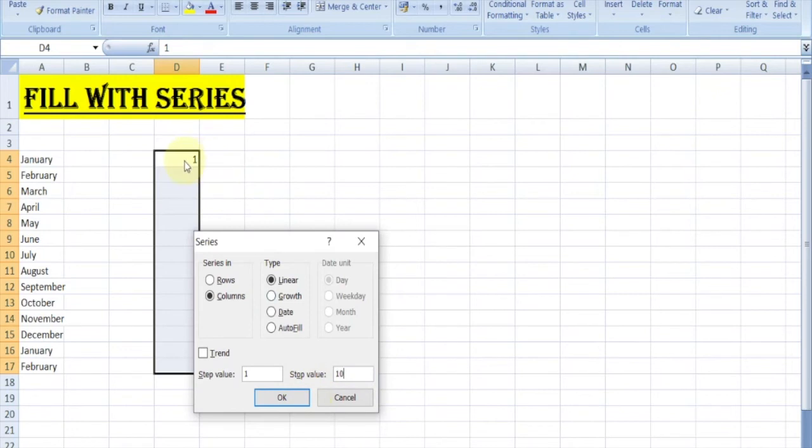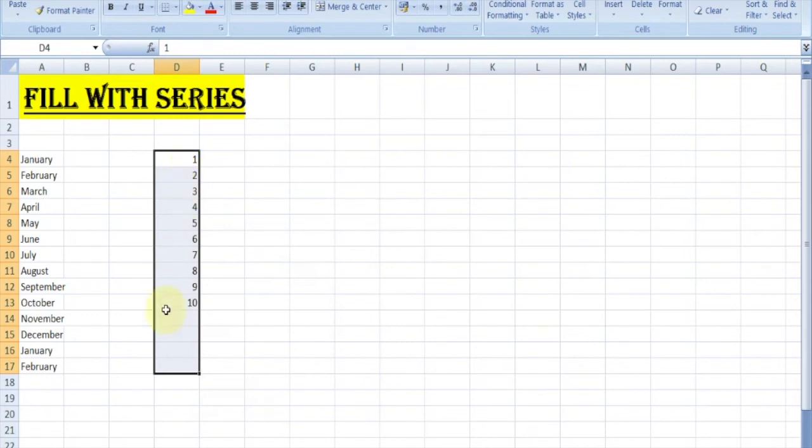We want a series from 1 to 10, so the step is 1, next is 2, so step is 1, and as we want the series up to 10, the stop value would be 10. Click on OK, and here we get the series from 1 to 10 with the fill with series feature.